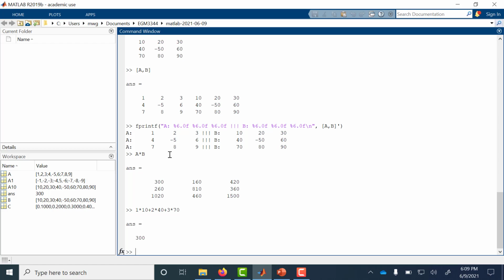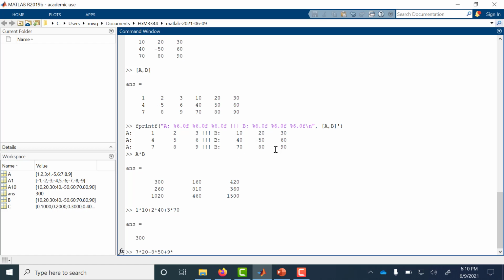So let's take another one. Let's take, for example, the third row dotted into the second column. Third row, 7 times second column would be 20. And then I've got an 8, but then I've got a minus 50 there. So I'm going to say minus 8 times 50. And then I have a plus 9